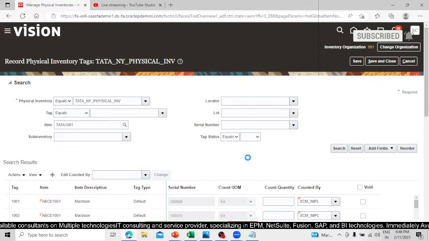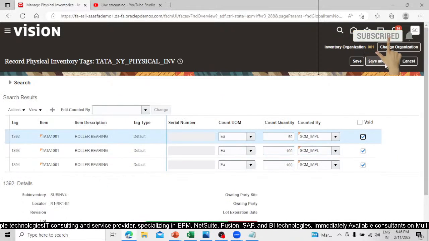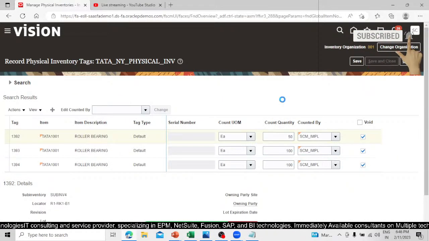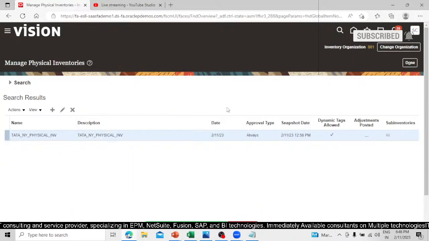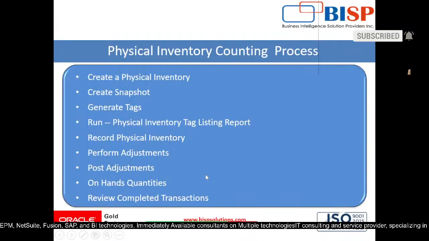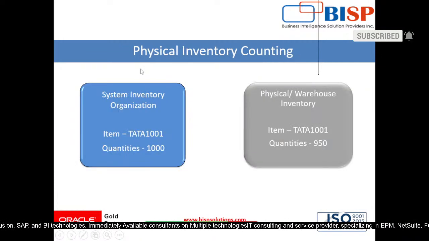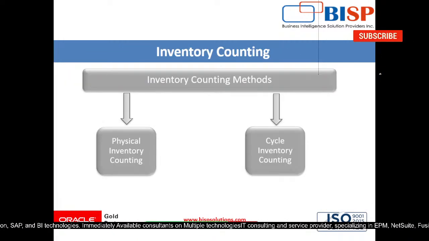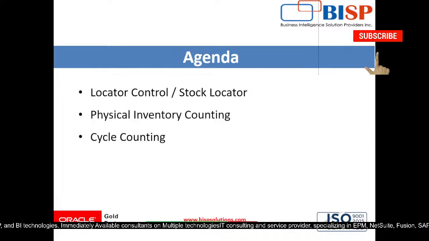Search. Let's void all the things. Now click on that, click on this post physical inventory. No issue. So this is all about today's session where we cover the locator control, physical inventory counting, and